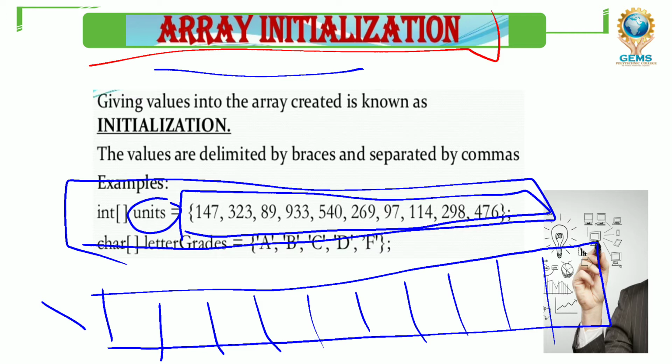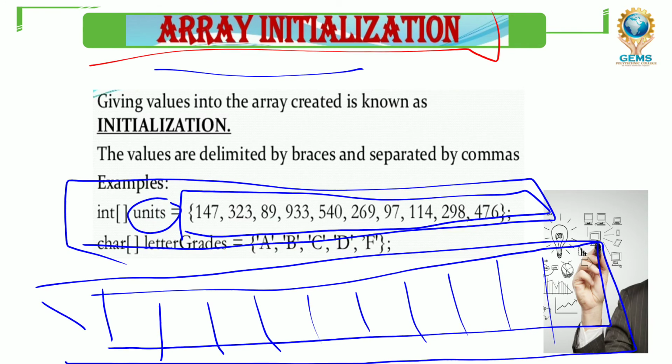When you are declaring an array, space will be created inside memory for an array. Now this location is ready for accepting elements. How many elements? 10 elements, because here the array size is 10.